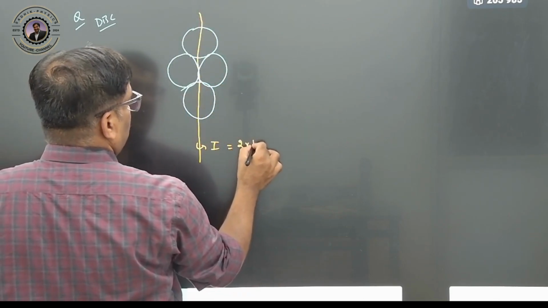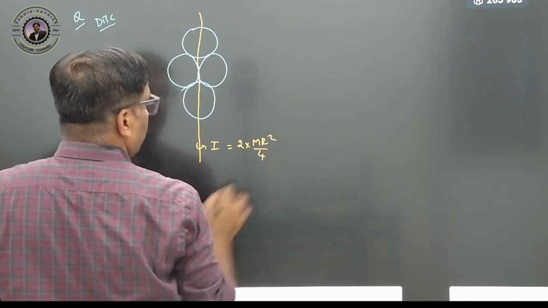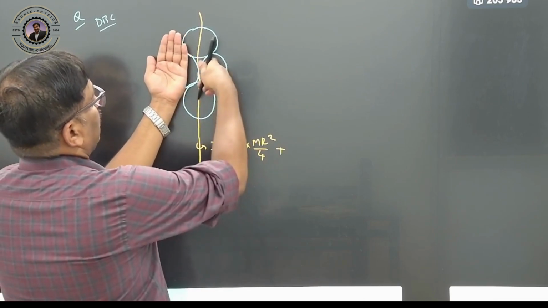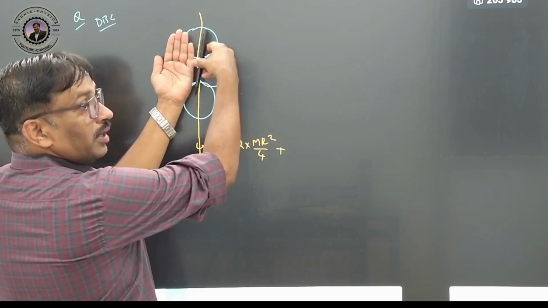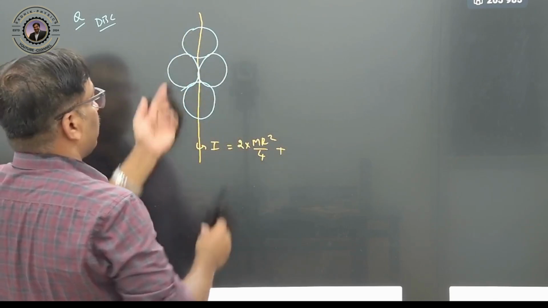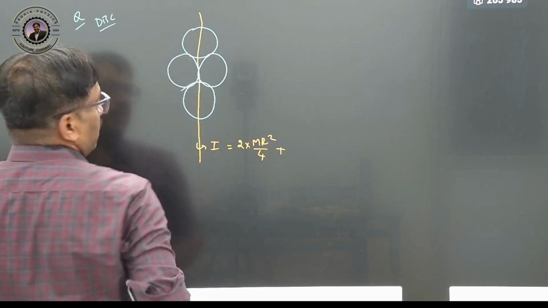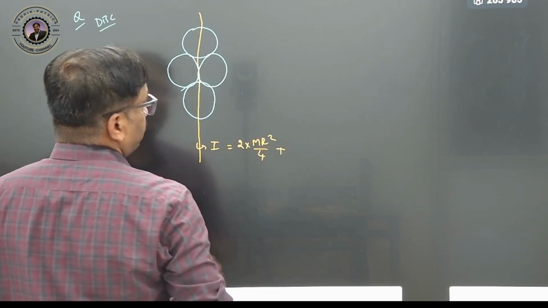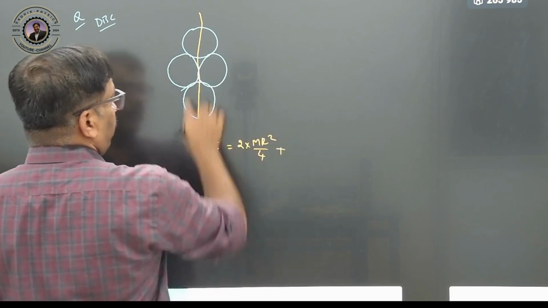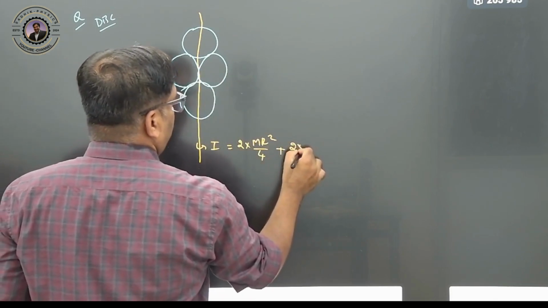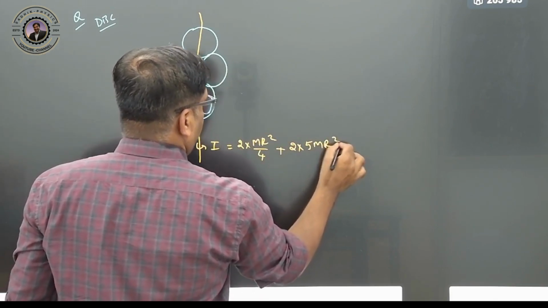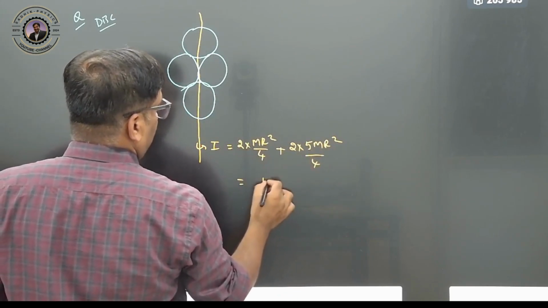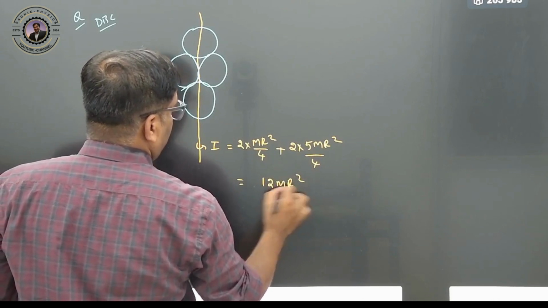2 into mr square by 4 plus, how is this disk now? Again the disk is like this. So here the axis is passing through this one, tangent and parallel to the plane. That means this is mr square by 4 plus mr square, that means 5 mr square by 4. These two are there, so 2 into 5 mr square by 4. Therefore here 2, 10, therefore 12 mr square by 4,